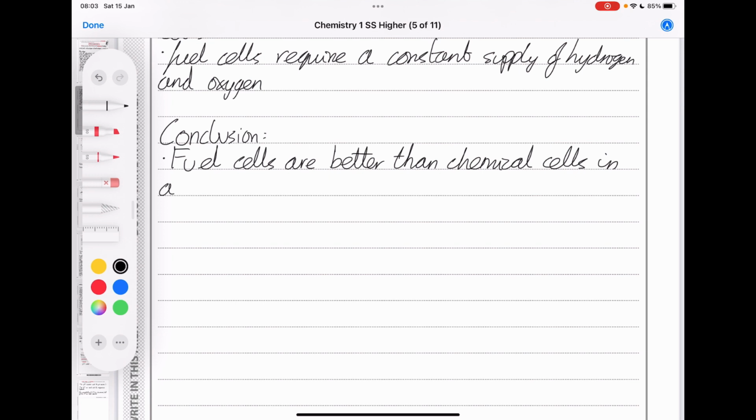If your phone ran on a fuel cell, it would be really, really inconvenient because you have to keep plugging it into a hydrogen and oxygen supply every time you wanted to use it. But in a spaceship where you are cut off from any resupply or anything else and all you've got is what you've got with you, a fuel cell is probably the best option. So, in a spaceship, because,